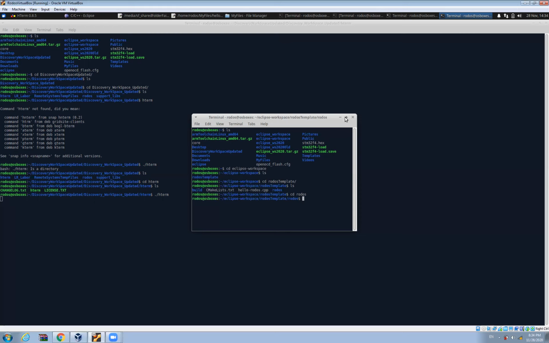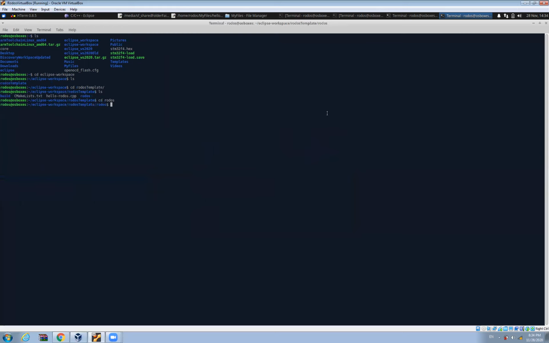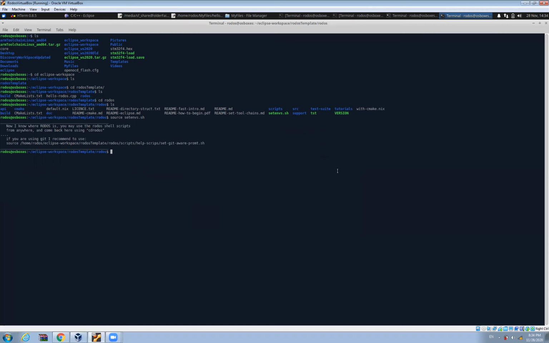So this is the first step that you have to do. First go to the Rhodos directory, and here if you see how many files are there, you will see one of the important files called setenvs.sh. You just need to run this file first with source setenvs.sh. This is the file which contains all the settings for the environment variables. That means it will note down all the directories and subdirectory addresses present inside Rhodos. This is the message that you will receive if this command ran successfully. So now we have all the paths available to our command line.